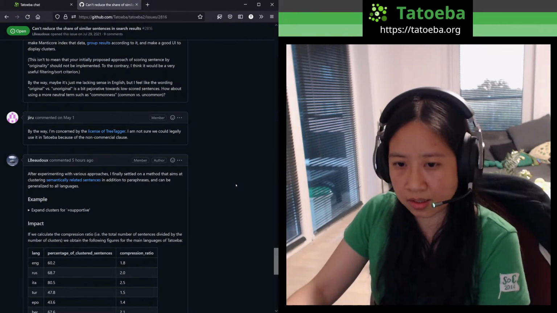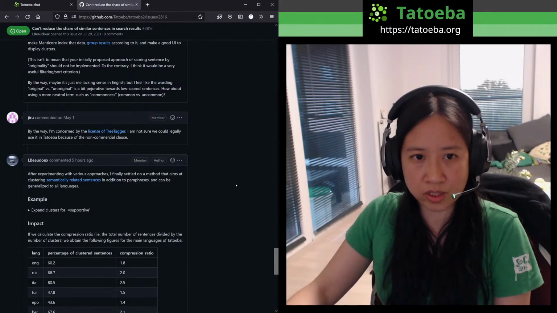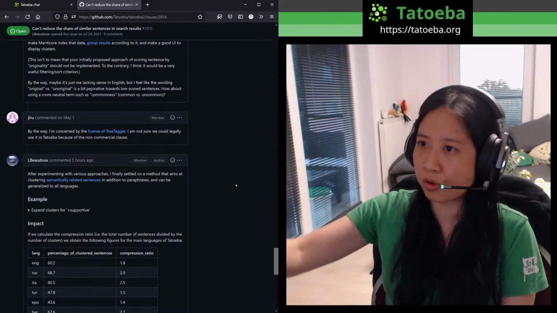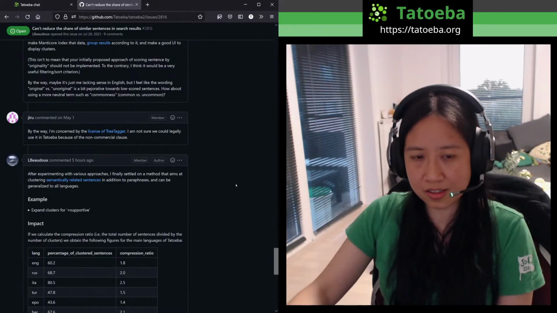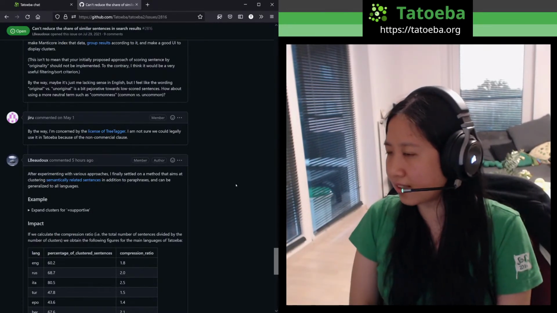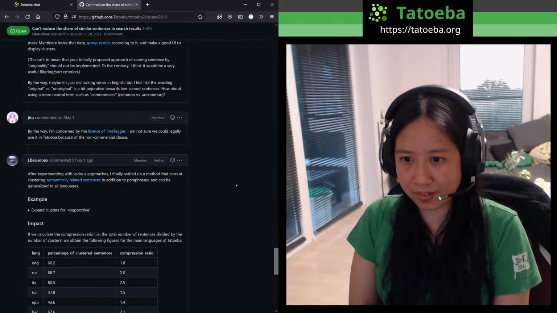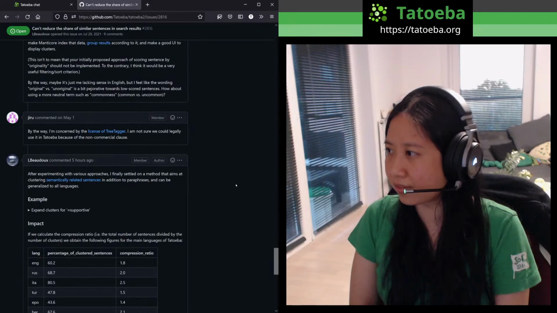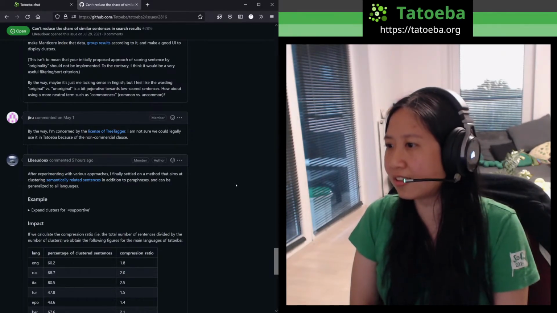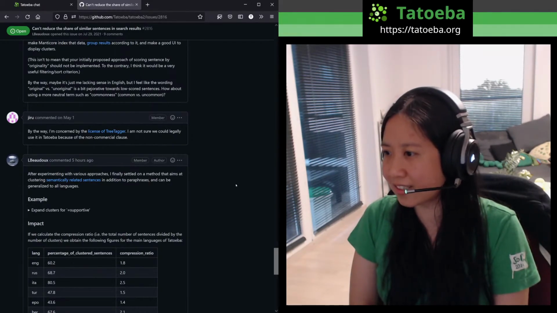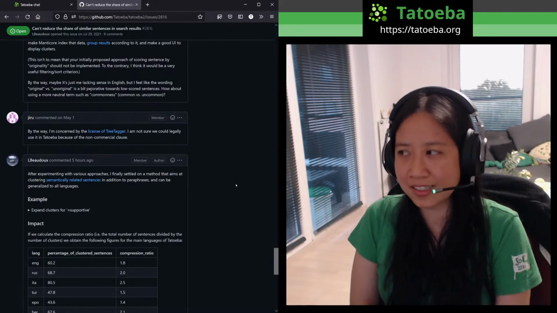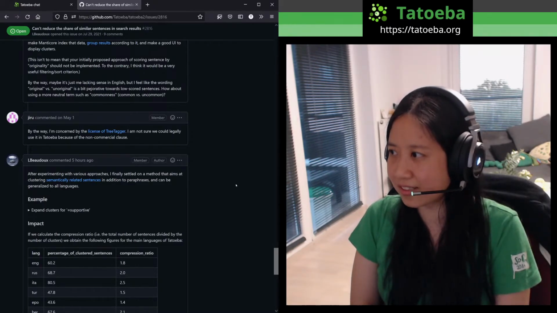So that's one thing I can think of off the top of my head that can push things forward. In this case, it's not really about the quality of the corpus itself. It's more about having tools to maybe extract a better quality subset of the corpus.